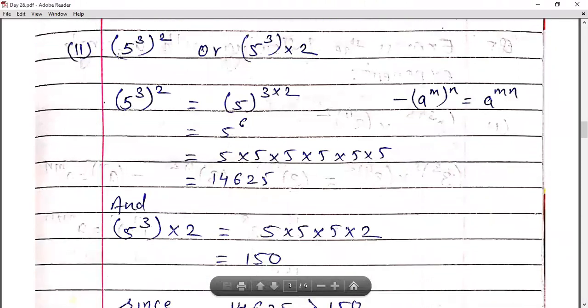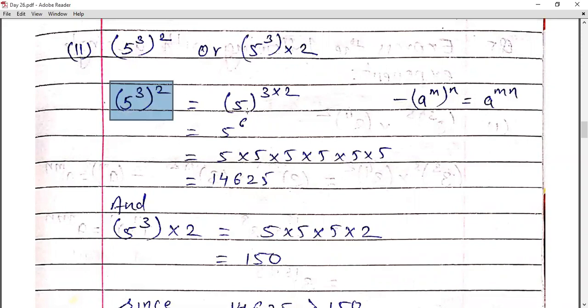Part 2, 5 raised to 3 the whole raised to 2 or 5 raised to 3 multiplied by 2. Finding the values, 5 raised to 3 the whole raised to 2 can be written as 5 raised to 3 into 2 using the given law, where the powers will get multiplied. 3 into 2 will give you 6. 5 raised to 6 can be written in expanded form, where 5 is multiplied 6 times. On multiplication, you will get the answer as